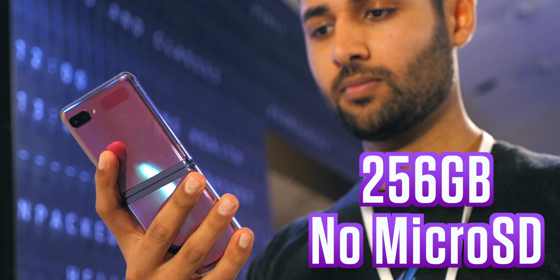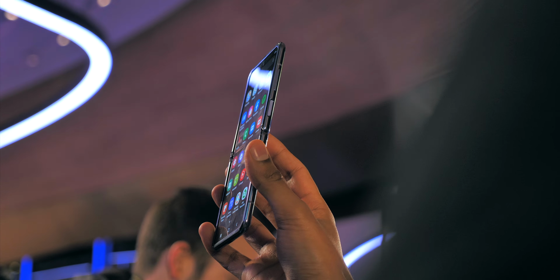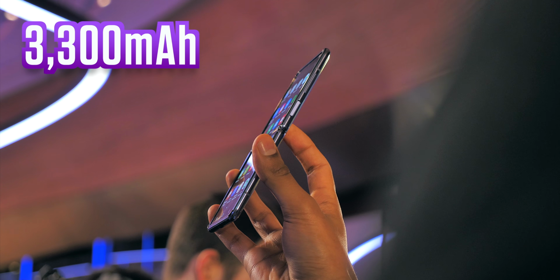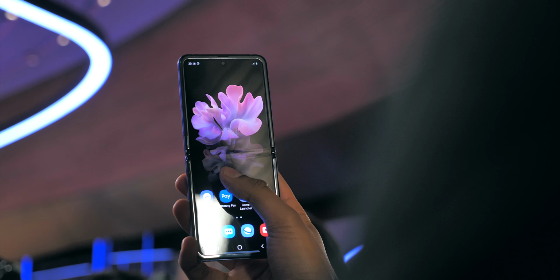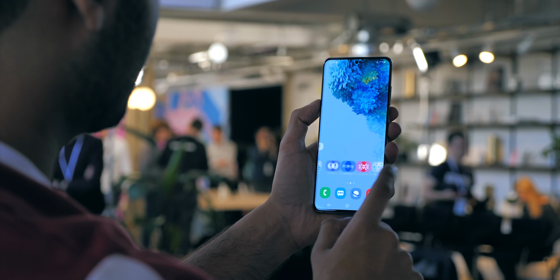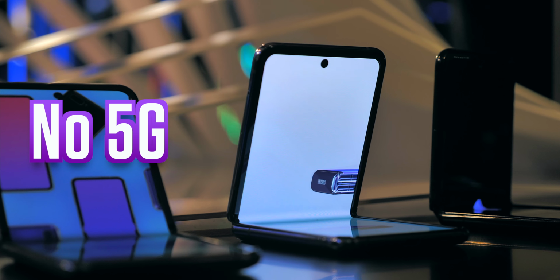are missing. The Z Flip is limited to 256 gigs of non-expandable storage and 8 gigs of RAM, and that's not the super fast RAM we saw with the S20 phones either. It's okay, just like the 3300 mAh total battery capacity. It's okay, it's fine, nothing special. It uses last year's Snapdragon 855 Plus chipset, which is fast, don't get me wrong, but around 15% behind what the S20 can do. It doesn't support 5G, which, again, not a deal breaker in 2020, but if you're buying